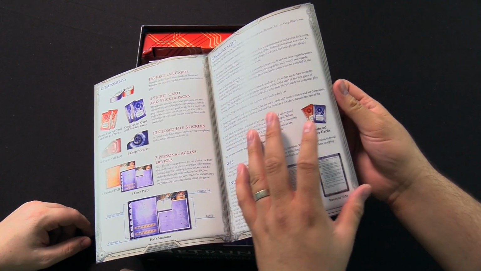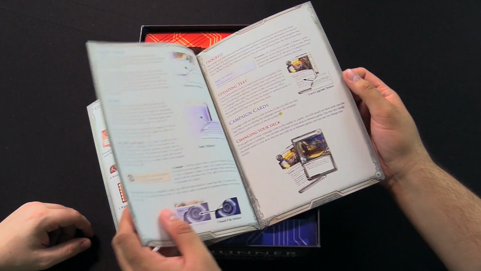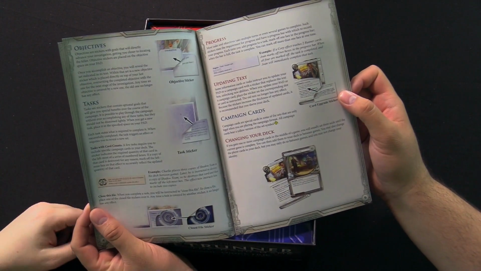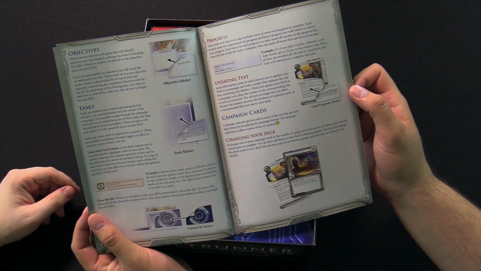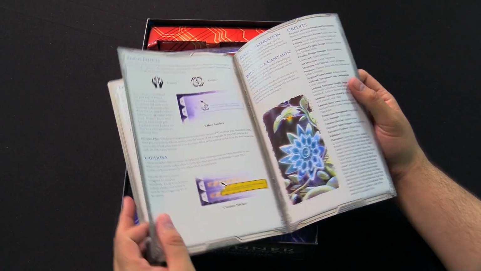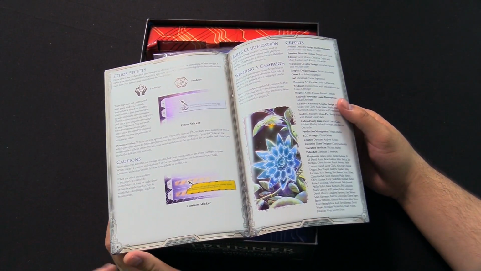It's pretty straightforward. As you play through the campaign, things will change. If you complete objectives, cards will change. Yes, stickers, like any other legacy game, like we talked about. You'll actually put stickers on top of your cards. So if you are paranoid about that or you don't want to do that, probably not the best box for